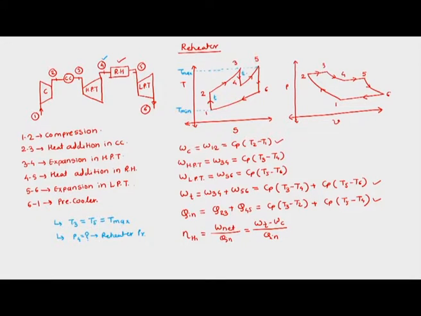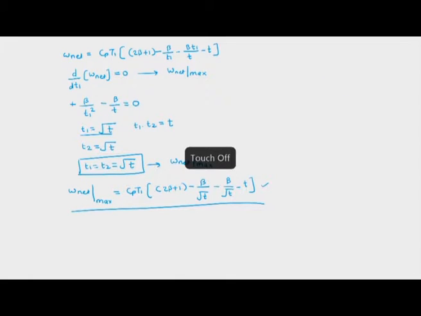T1 is the pressure ratio for the high pressure turbine. T2 is the pressure ratio for low pressure turbine. And when T1 is equal to T2, that means we have a constraint. T1 is equal to T2 means T3 by T4 is equal to T5 by T6, but we already know that T3 is equal to T5, so we will have T4 is equal to T6. So this constraint practically would lead to T4 is equal to T6. This is an important point which we have to remember.